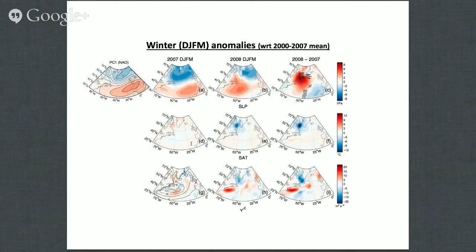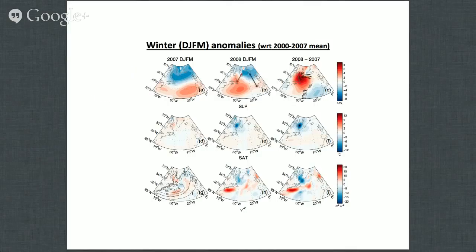in the 2007 winter. And you can see from this zonal wind variance that in 2008 winter, meridional wind variance is even weaker than in 2007 winter over the Labrador Sea. So the deep convection event in 2008 winter looks associated with a large-scale atmospheric pattern, which is quite different from the traditional NAO pattern.